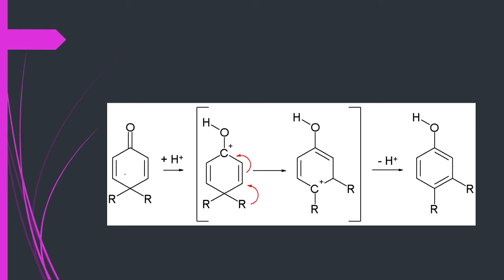That is the shifting of an alkyl group. This is the mechanism; the structures are just noted here. The positively charged center is shifted, and then this will develop a positive charge. The alkyl group will be shifted to this position, and automatically this will have a positively charged center, and the proton will be eliminated, forming a phenol molecule here.